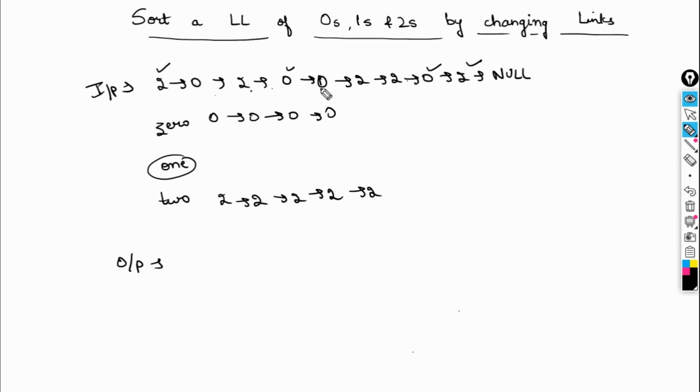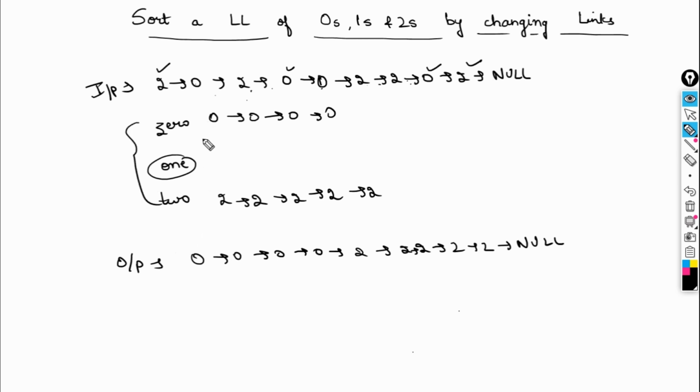So let's write the output for this input, like what should be the output according to us. It should be 4 times 0, 1 2 3 4, and then 5 times 2, 1 2 3 4 and 5, right? Okay, so how we can make this list from this list? So 0 basically contains 4 zeros, so these 4 zeros are contained inside 0, right? And these 5 twos are included inside the two list, 1 2 3 4 5, right?